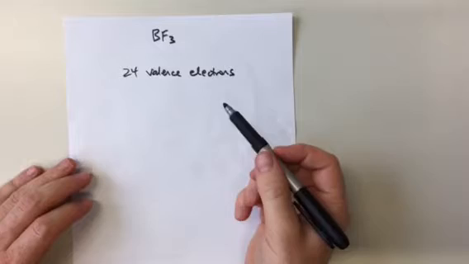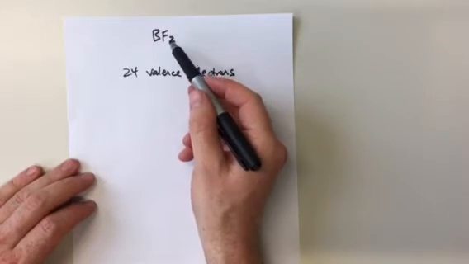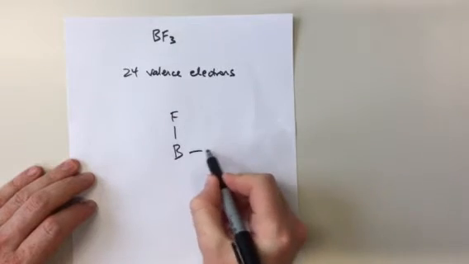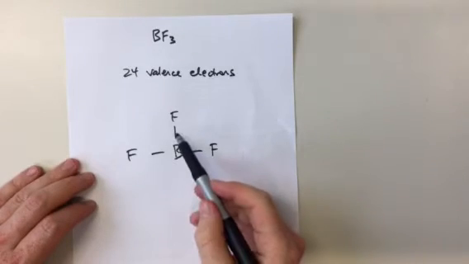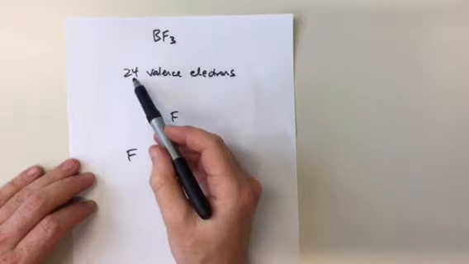Okay, now we have to connect these atoms together using single bonds. And the electronegative atoms tend to be on the periphery. So the sensible way to do it is with the boron in the middle and the fluorines on the outside, like this. Okay, so far we've used 2, 4, 6 valence electrons, which means we have 18 valence electrons remaining